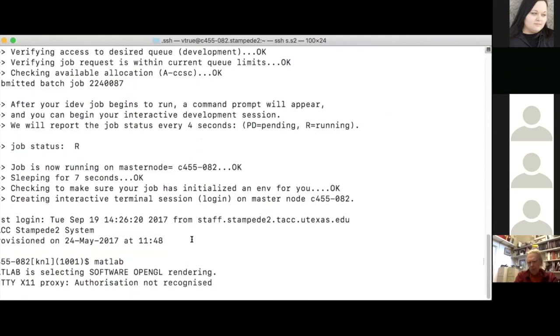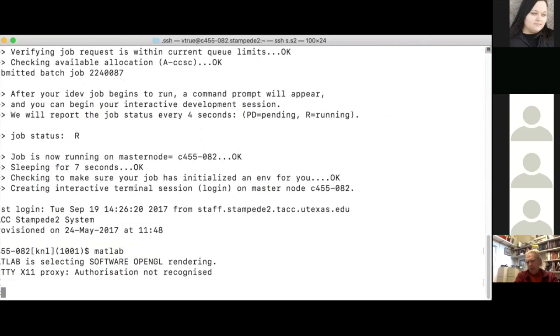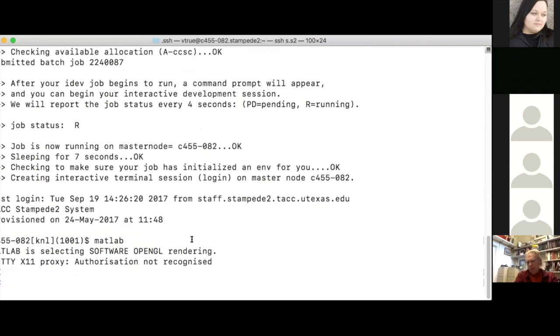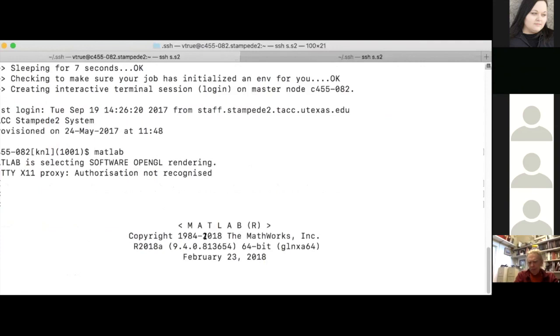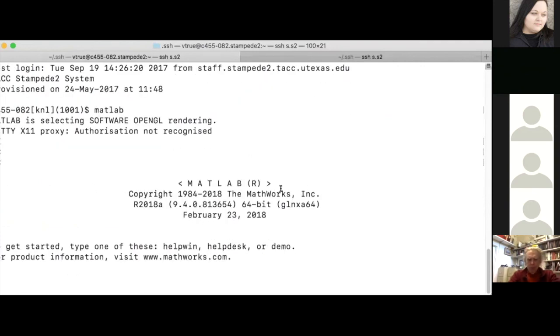You can also do it in a batch job. This is how you would run it interactively.